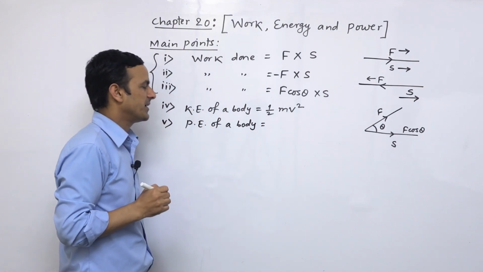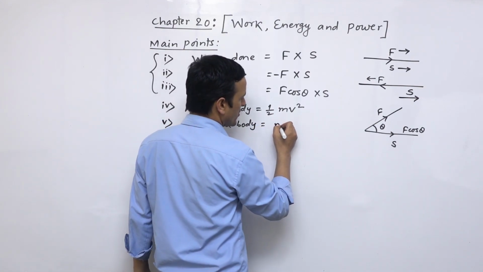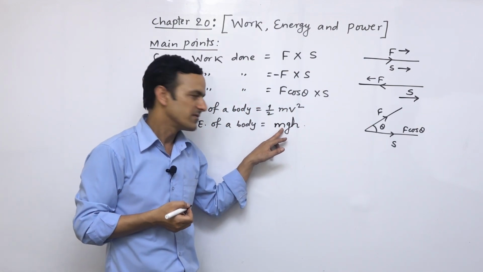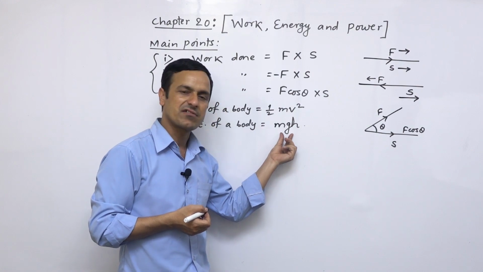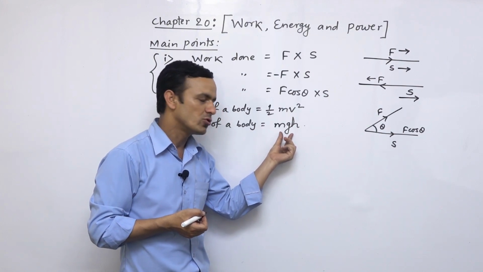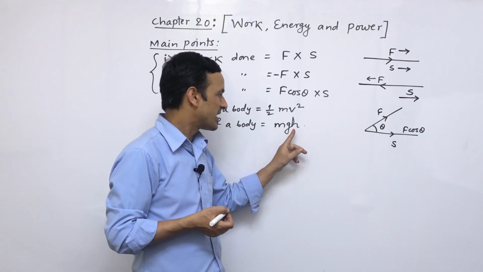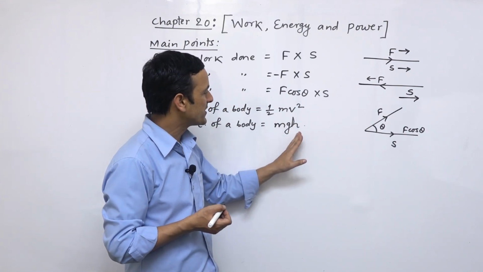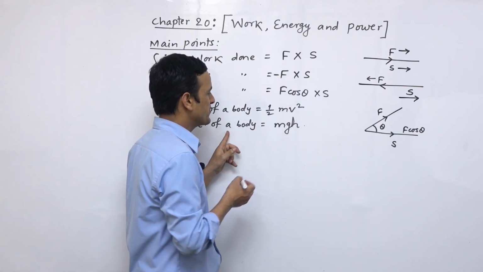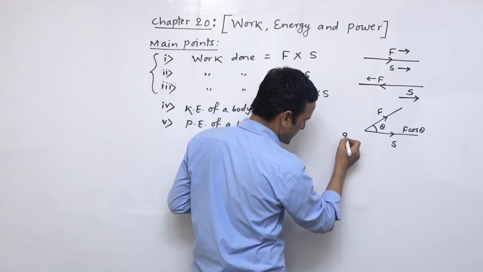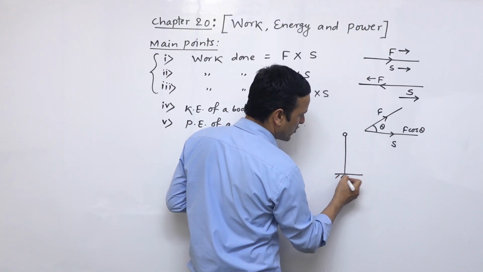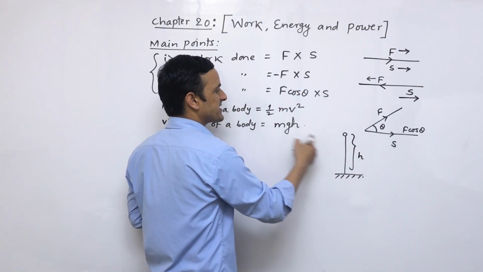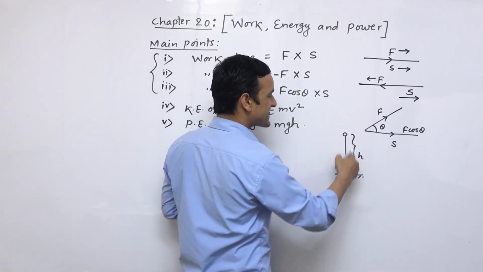Potential energy of the body. For this we can write down mgh, where m is the mass of the object, g is the acceleration due to gravity, simply gravity you can say, and h is the height of the object from the ground. Ground बाट कति हाइटमा त्यो अब्जेक्ट छ त्यसलाई हामी पोटेन्शियल इनर्जी भन्छौं। सर्टेन एउटा पोजिसनबाट ग्राउन्डमा, यो ग्राउन्ड, इट इज ग्राउन्ड, सो यहाँ जति हाइट कभर गर्छ दिस इज हाइट, दिस एच इज दिस वान।